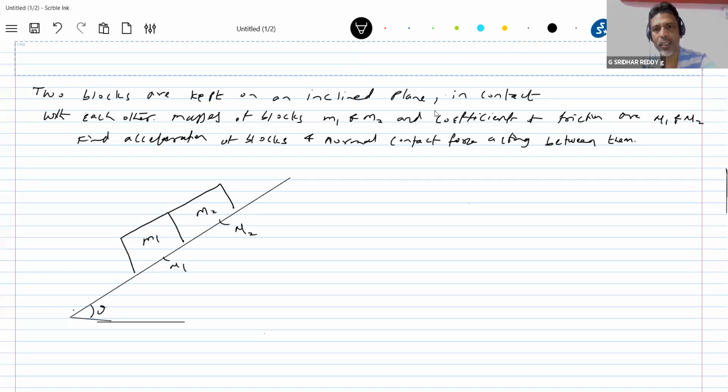If you look at mu_s, what is this? It is the coefficient of static friction. When there is no relative motion between the surfaces, the interaction of molecules will be more, so mu_s will definitely be more. When there is relative motion between the surfaces, the interaction between molecules will be less, so mu_k will be less. And both are independent of the area of contact. For some substances, mu_s and mu_k are equal.